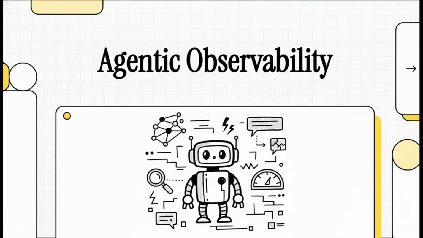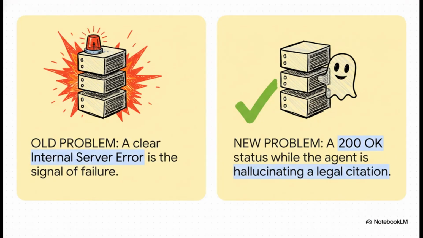Welcome to The Explainer. Today, we are diving into something that's frankly a huge new challenge in the AI world. How in the world do you monitor autonomous agents when they're running in production, making decisions all by themselves? You're about to see why the old rulebook for monitoring software just got thrown out the window. All right, let's jump right in.